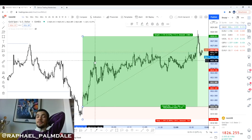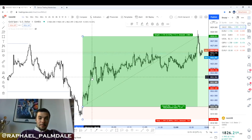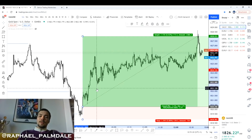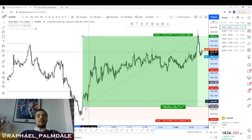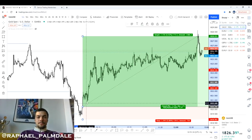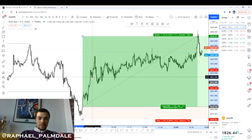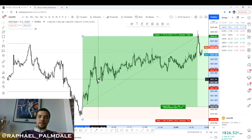So I closed 50% of my position in here. Then the market was pulling back, broke the structure in here, and this was the moment when I closed this 50% over here. Of course, I moved my stop to break even. Then when I had my stop at around break even, I was like, okay, let's try to load it up again. So when it came back, broke the structure in here, and I saw the first bullish candle, the first green candle in here,